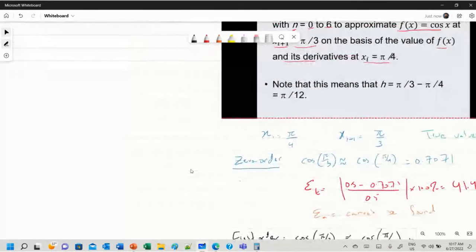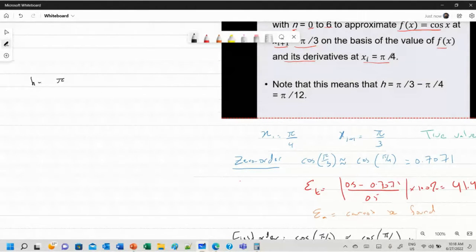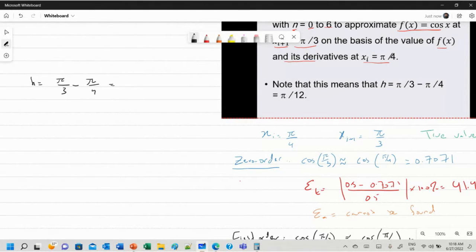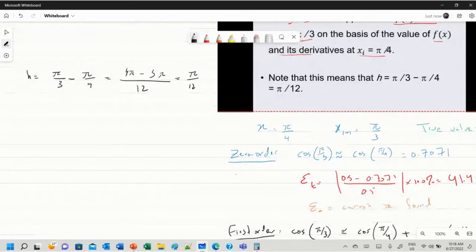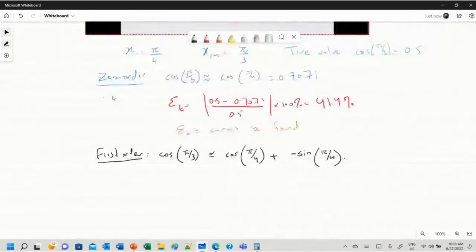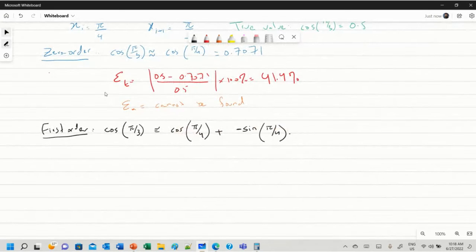Even if it is not given to you, you can find it by finding xi plus 1 minus xi. So h is pi by 3 minus pi by 4. Of course, the common factor is 12. So this is going to become 4 pi minus 3 pi. So that's 4 minus 3 is 1 pi over 12. So h is pi by 12, in case you are wondering where it's coming from. So sine multiplied by the step size,